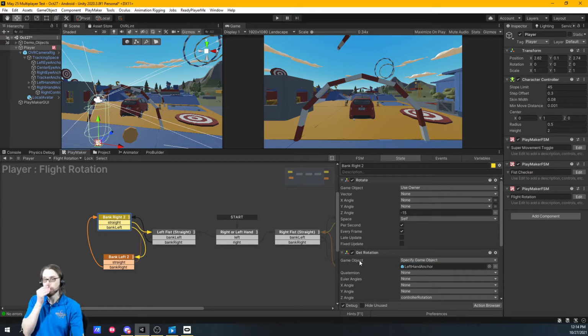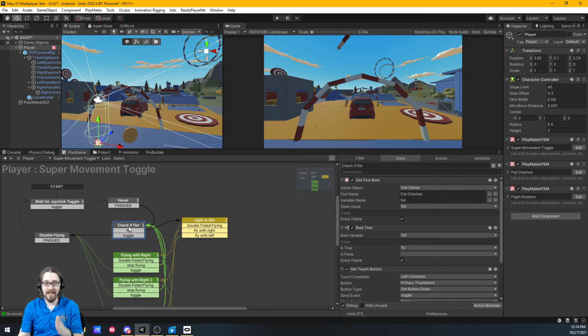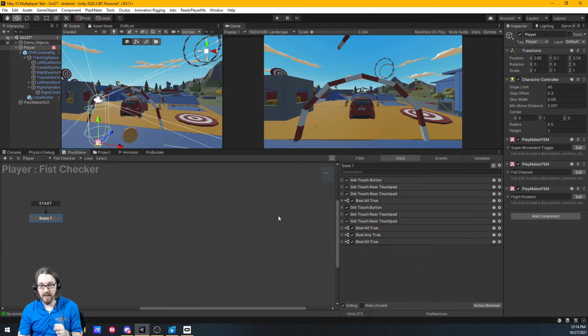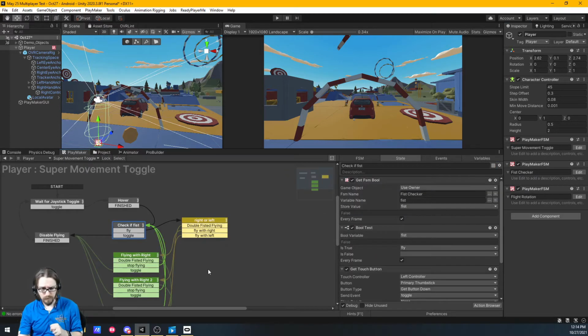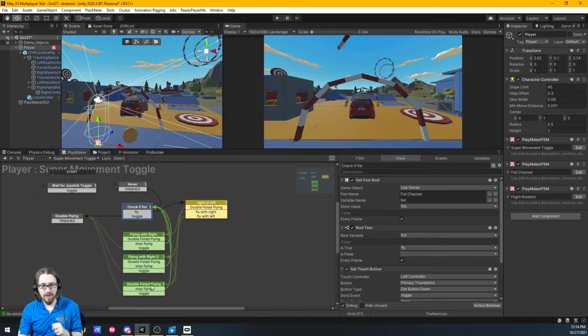Okay. So far, we have our super movement toggle FSM. All right, when we hit the joystick, we're going to hover. And then we're going to check if there's a fist. If there's a fist, we're going to start flying in that direction. We can also rotate based on the flight rotation FSM. Also, we have our FSM that's checking for a fist. And then if we are double-fisted flying,